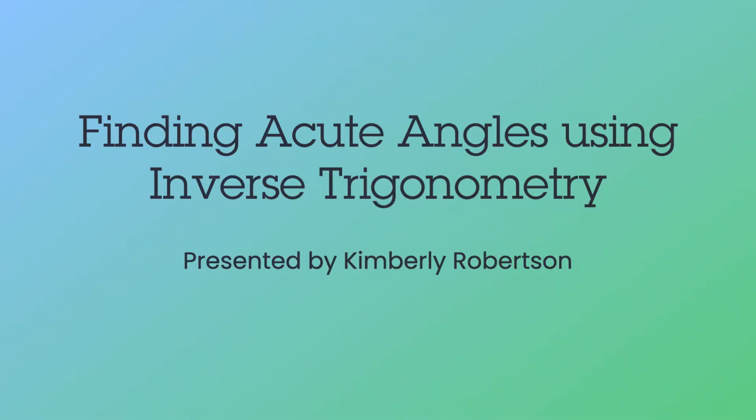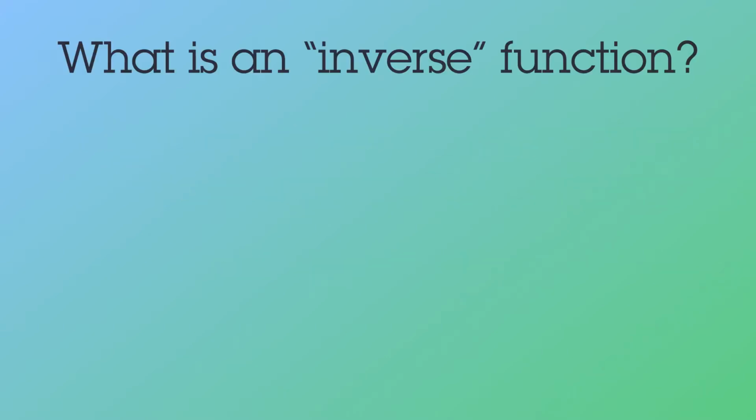Welcome. Today we're talking about how to find acute angles inside a right triangle using inverse trigonometry. Now it might be helpful first to figure out what an inverse function actually is. This is a function that basically undoes the original function, getting you back to whatever you started with, usually